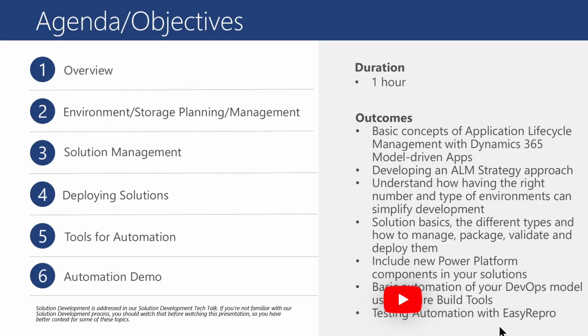Over the course of the next hour, we will discuss the following areas: an overview of application lifecycle management and how to approach developing an ALM strategy, environment and storage planning and management, solution management, deploying solutions, tools for automation, and an automation demo. We hope that when you complete this presentation, you have the following: an understanding of the